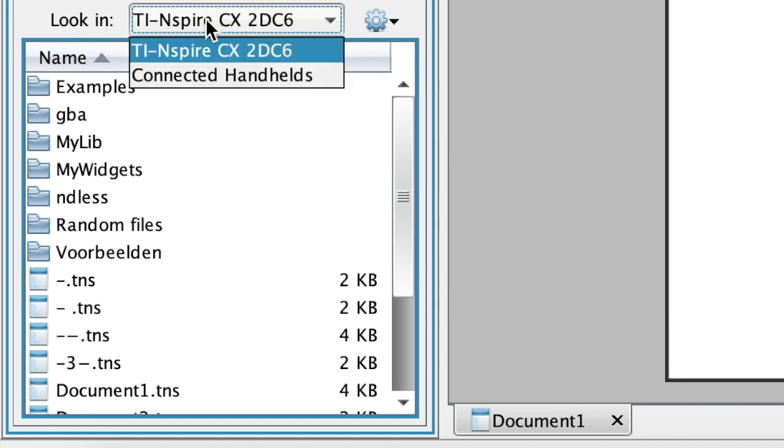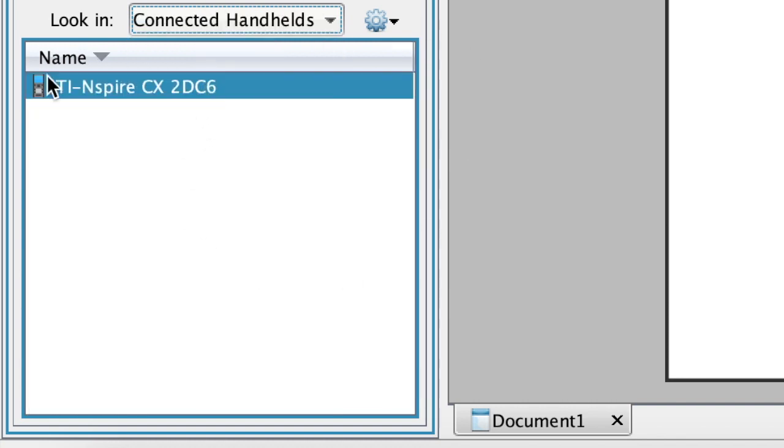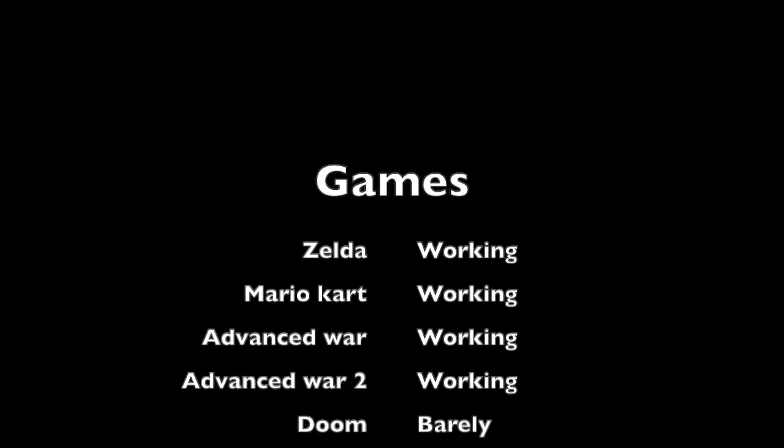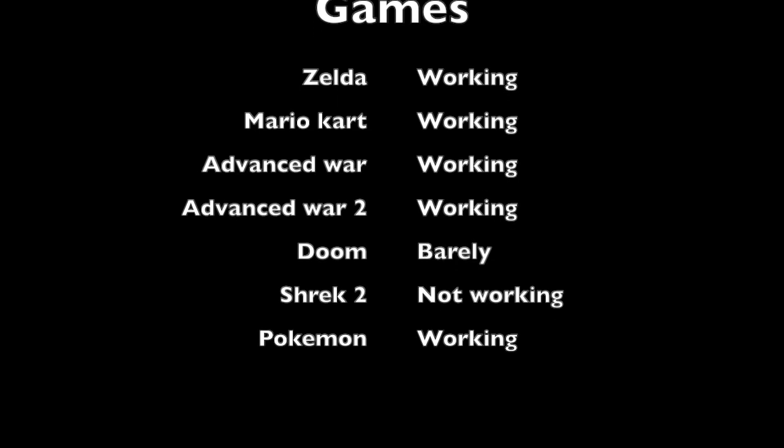So it was very useful to do, and it taught me how to code in Lua, and it was very fun. But some of the games were Zelda, Mario Kart, Advanced War 1 and 2, Doom, Shrek, and Pokemon. Some of them didn't work, so I listed them out. Anyways, week 4,